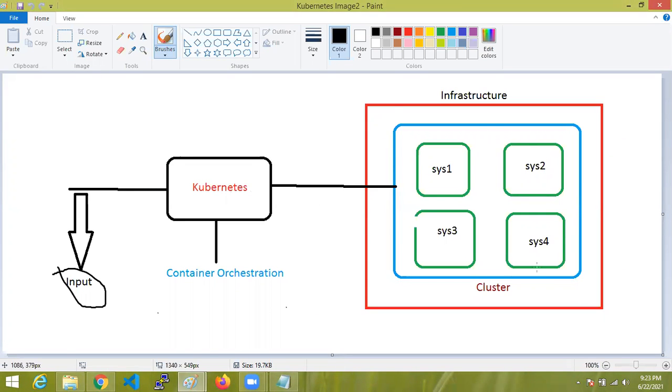At the infrastructure level, to maintain the containers on different machines or systems, we use Kubernetes, in which the machines we maintain containers on are combined under the Kubernetes software tool as a cluster. Cluster means group. Simply, grouping the systems as one unit is known as a cluster.